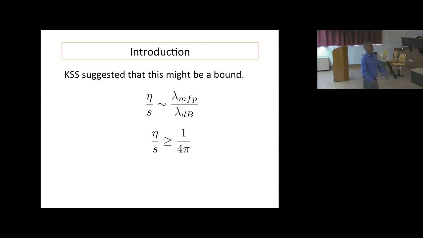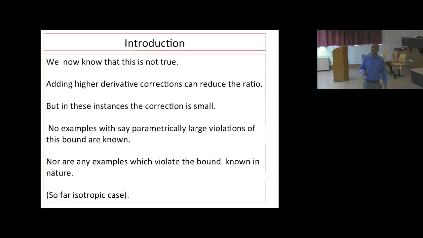But as you go towards strong coupling, what can happen? At most, the mean free path can become of order the de Broglie wavelength. It can't become smaller than that. And so therefore, they said maybe at strong coupling, it saturates to some number of order 1. And why not? Maybe that saturation is achieved by a smooth Einstein gravity system. Okay, and that was the suggestion. We now know that that is not the case.